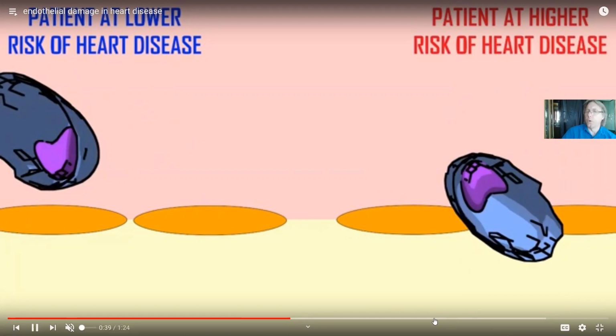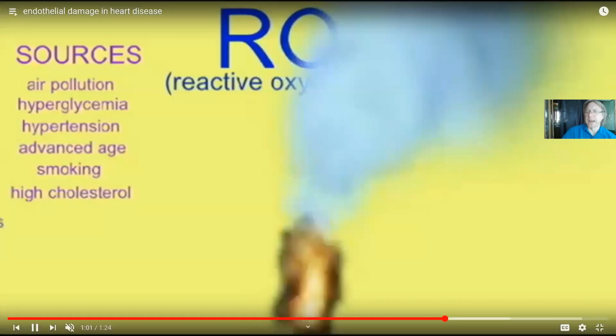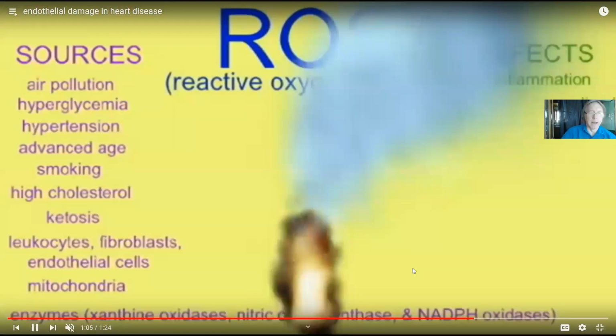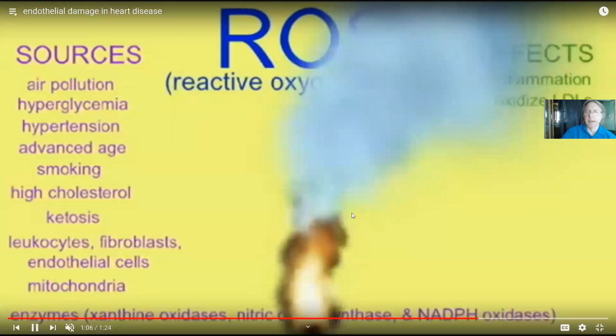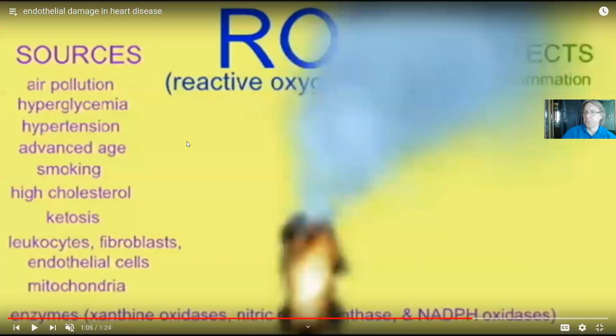So what causes that white blood cell to come into that blood vessel? Well, as we'll start discussing, one of the factors is reactive forms of oxygen. I'm sorry, this was meant to say ROS, but the smoke is interfering with that. So there are reactive forms of oxygen which will damage endothelial linings and thus promote the migration of the white blood cells. Reactive oxygen species can come from air pollution, hyperglycemia, high blood pressure, advanced age, smoking, a whole bunch of